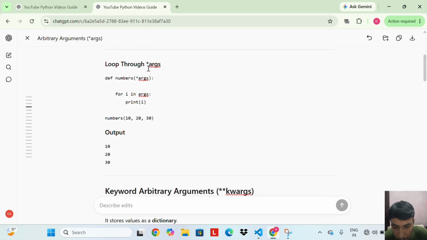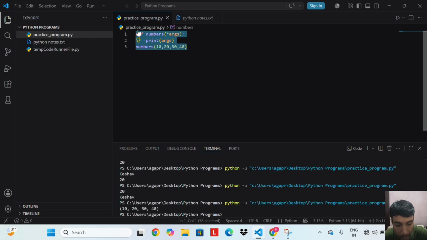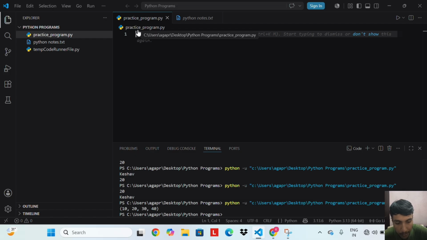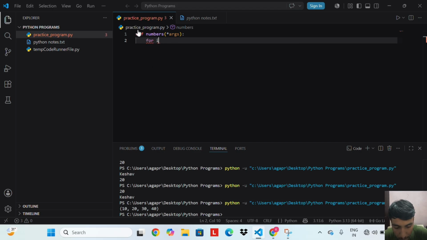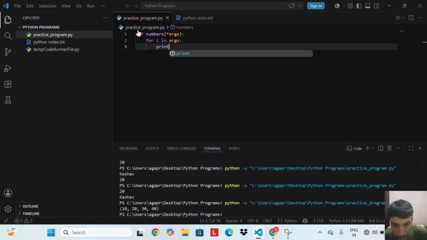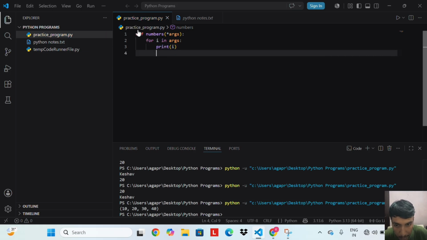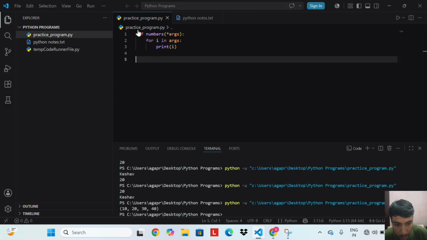Loop through *args. So let's do an example of a loop using *args. def numbers(*args): for i in args: print(i). numbers(10, 20, 30).